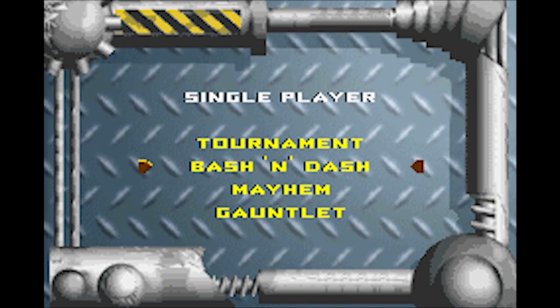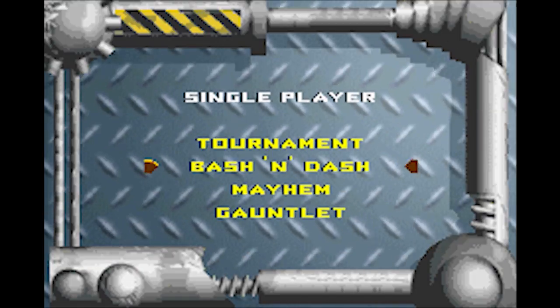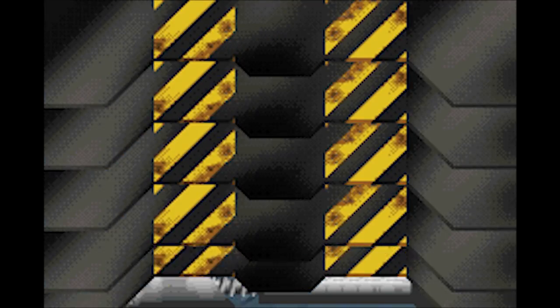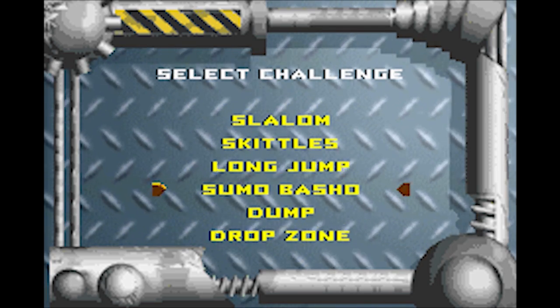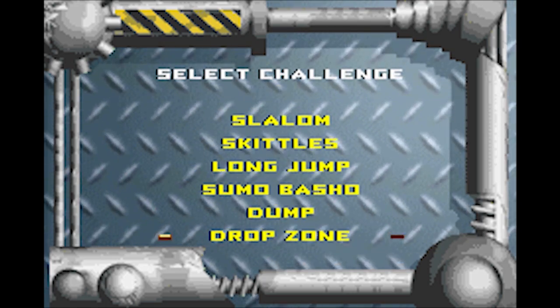So we have the tournament, as always. Bash and dash, which is something. I think that's like the old Mayhem mode. Mayhem in this was just a big battle. And then there's the Gauntlet, which is actually a set of challenges. So you do the Slalom, the Skittles, Long Jump, Sumo Basho. So it's some of the stuff from Series 1 had. Dump, where stuff gets dropped down, you have to destroy it. And Drop Zone, where you have to fight the...